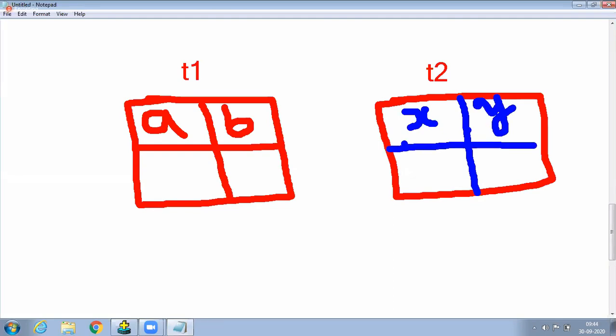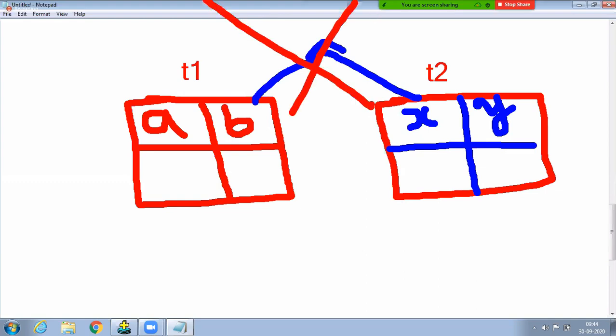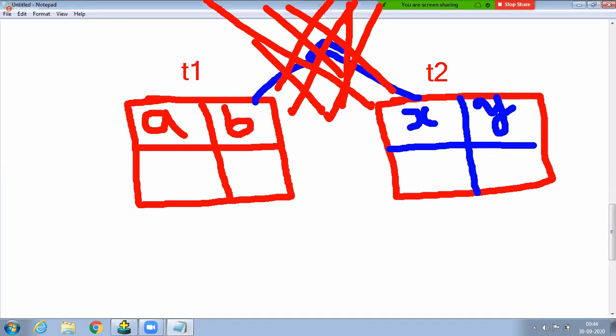Now I want to retrieve the data from these two tables by using an equijoin. Possible or not possible? Very good. Impossible. Why? Observe here. So many are telling possible, impossible. Why? Because